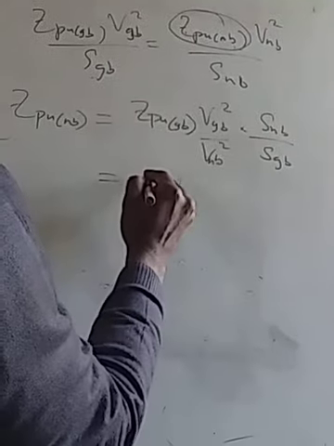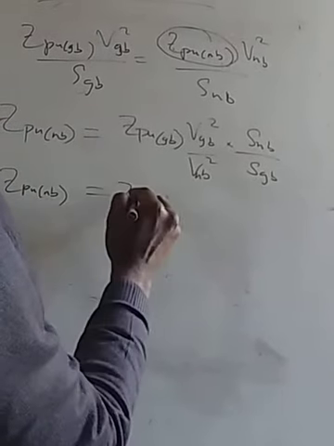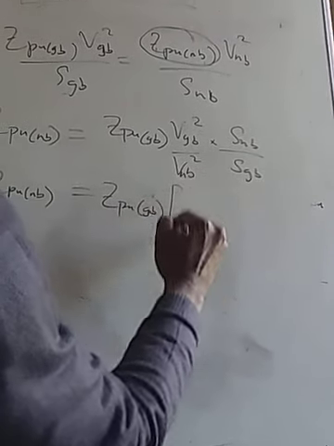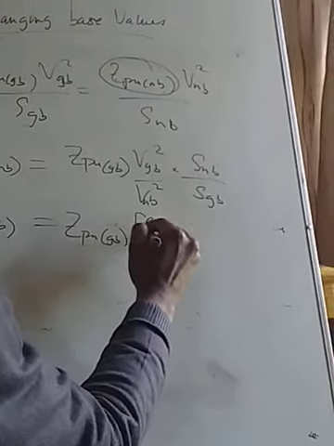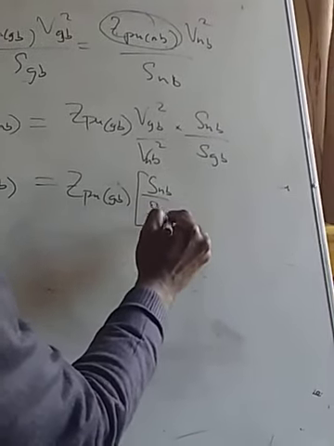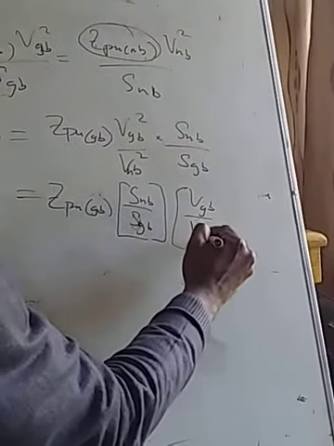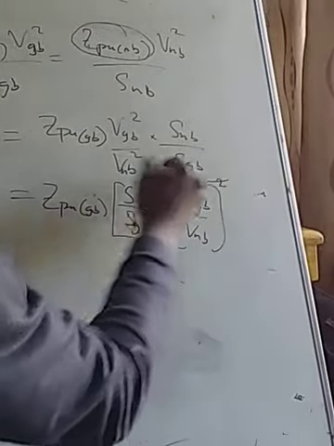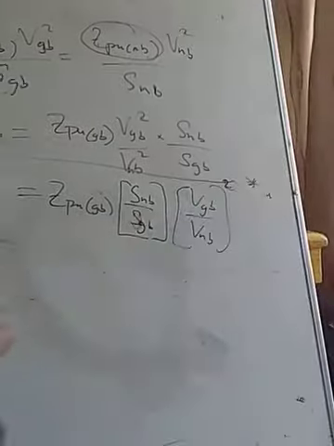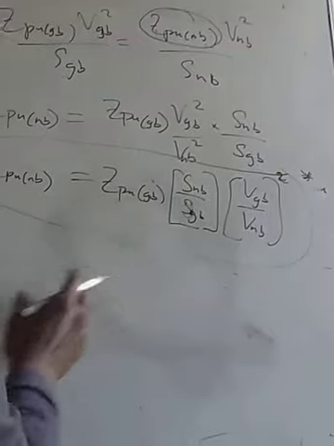In that case, you can say your ZPU NB is equal to ZPU GB into SNB by SGB into VGB by VNB squared. This is another important formula that you have to take note of. I gave you the first one that you need to take note of last time, and this is the second formula that you